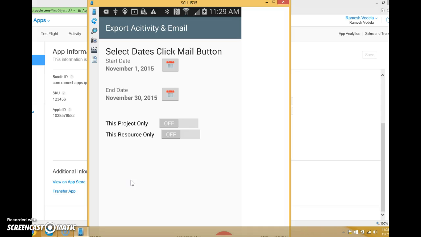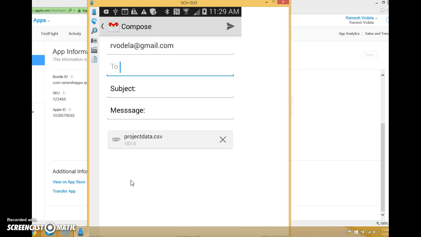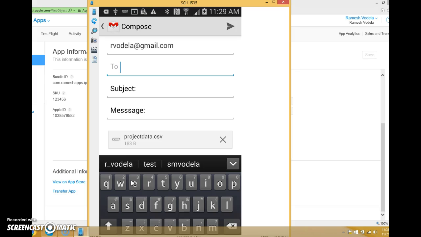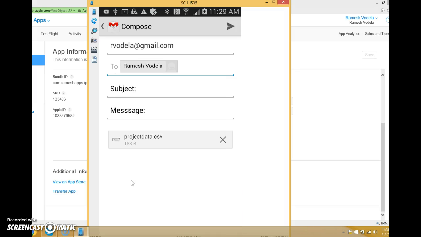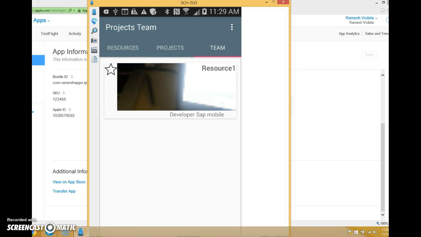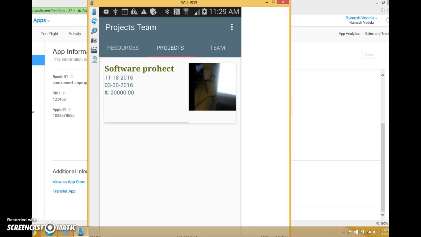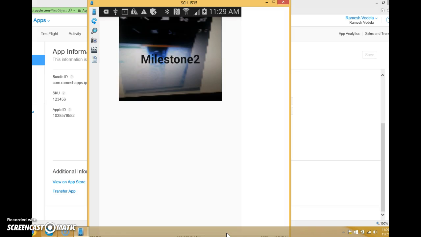As I'm a project manager, I can click on this button and I'm going to type in the email address of my accountant and say send. If you want to review the progress of the project, you can have a slideshow. There is an icon at the bottom here which you can click. That will show all the images so that it will be easy for you to demonstrate to other people, and then you can click on this